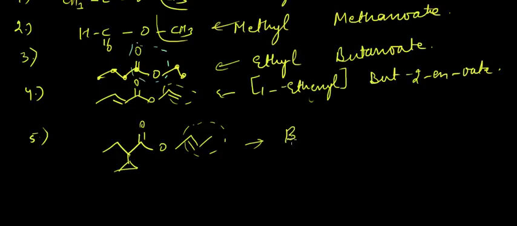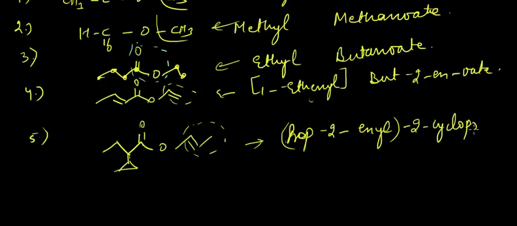So this is nothing but prop-2-enyl, and then what is the nomenclature for this part? 1, 2, 3, 4 carbons are there. So a 2-cyclopropyl group would be added as the prefix for the second part, and butanoate. Make sense? Yes. Okay,